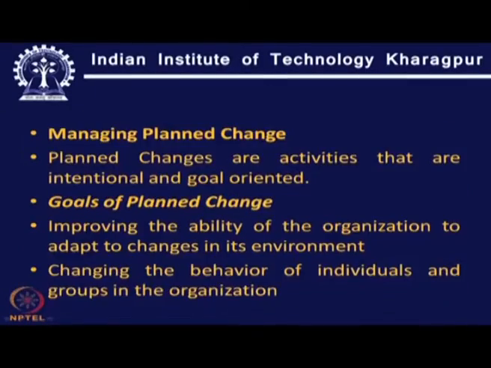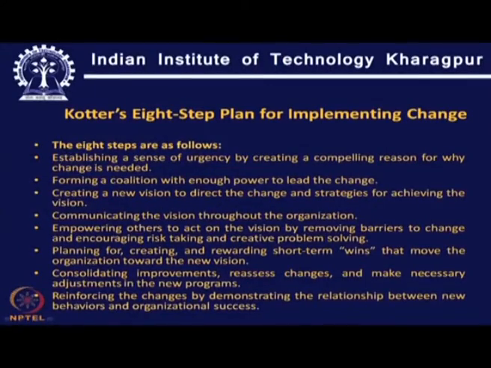Now, we have 8 steps given by Kotter for how to implement change in the organization. We will try to look into these 8 steps given by Kotter. The 8 steps are as follows: establishing a sense of urgency by creating a compelling reason for why the change is needed, forming a coalition with enough power to lead the change, creating a new vision to direct the change and strategies for achieving the vision,